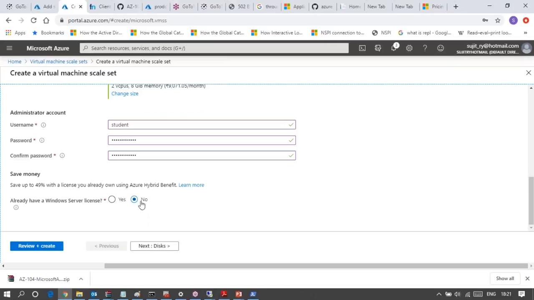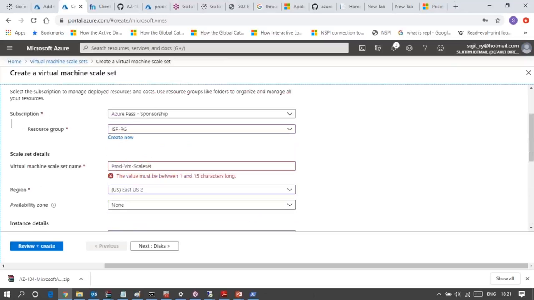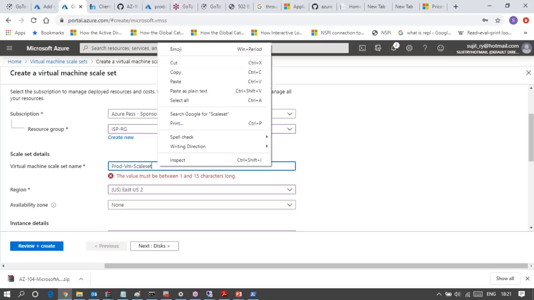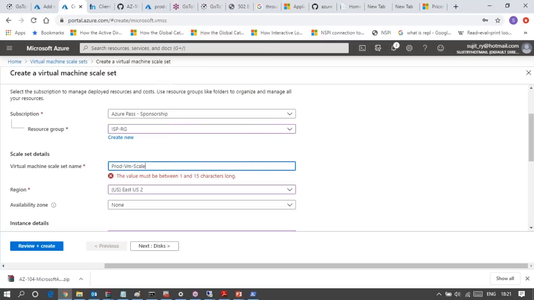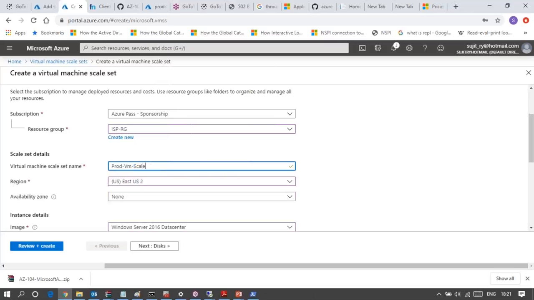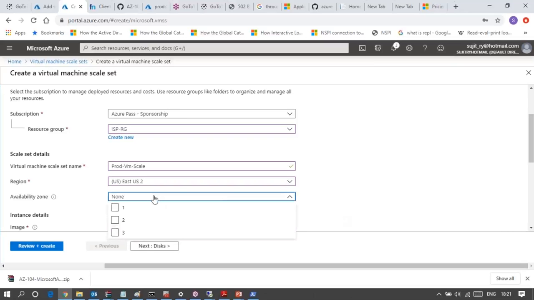License, if you wish, you can apply the license and go for it. Availability zone, I can put my VM scale set in availability zone. Let's say yes.